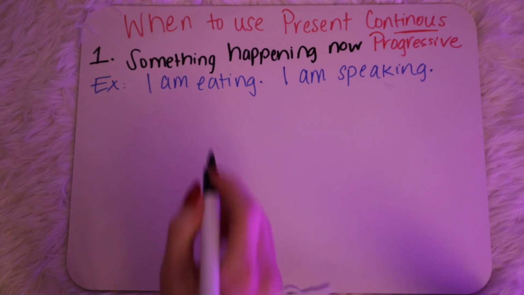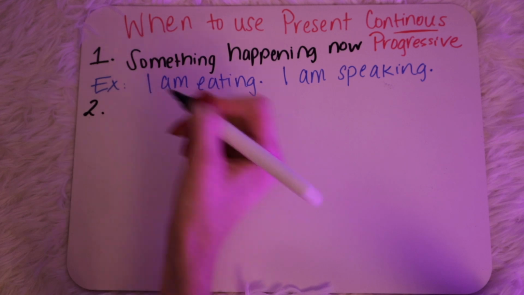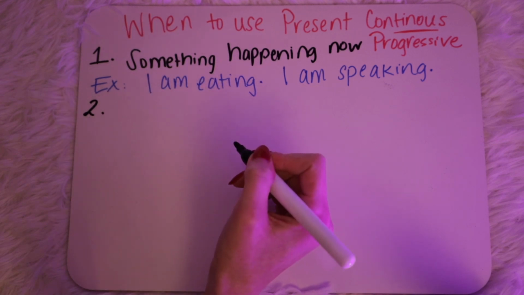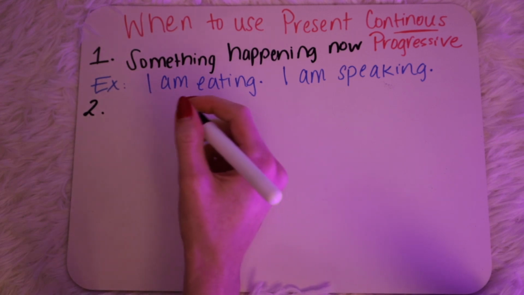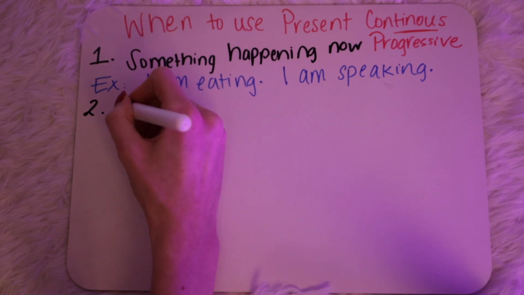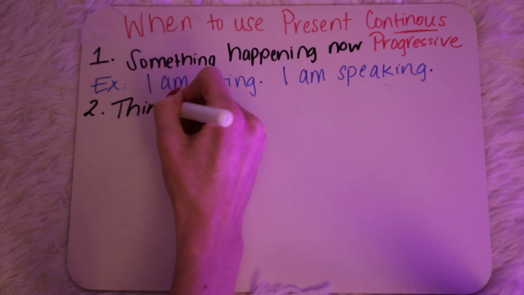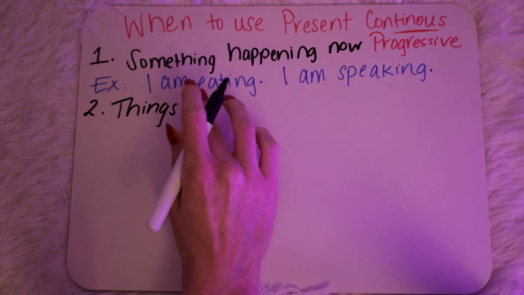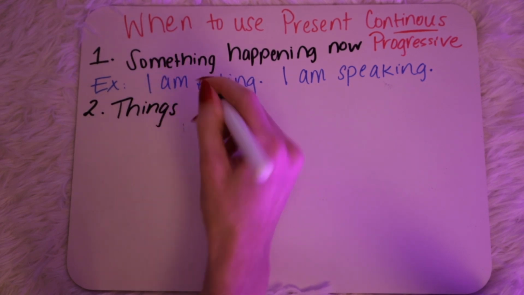Okay, another example of a different way that the present continuous is used is things that are true around now. Maybe not exactly in this moment. Things